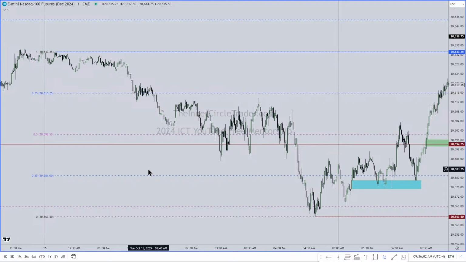Because you're in a range, you don't use this concept when the market is trending. When the market has been running in one direction overnight, this is not what this is. This is part of a larger range. So if it's been just tearing off from Asia and keeps on going one direction, higher or lower, you do not use this for that. But when you're part of a larger consolidation, which is what you're seeing here,